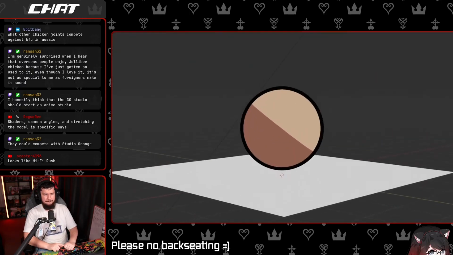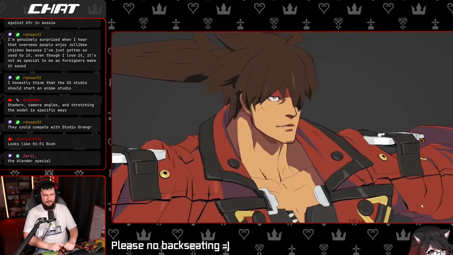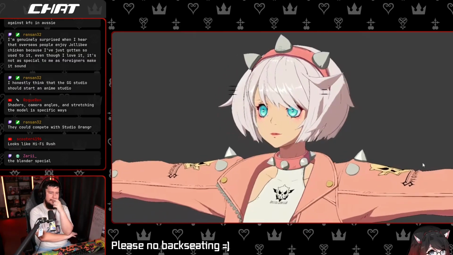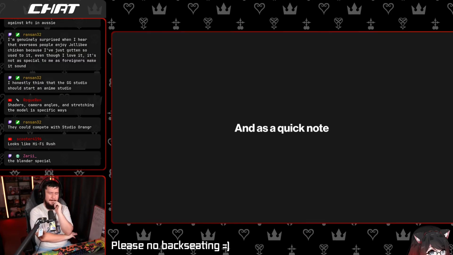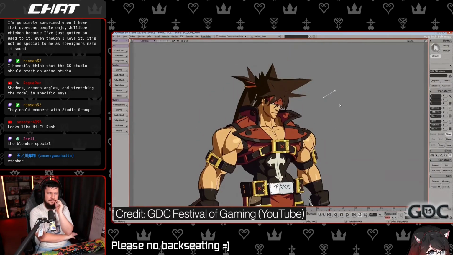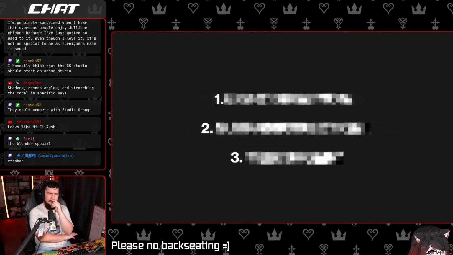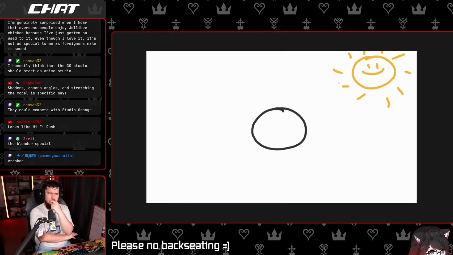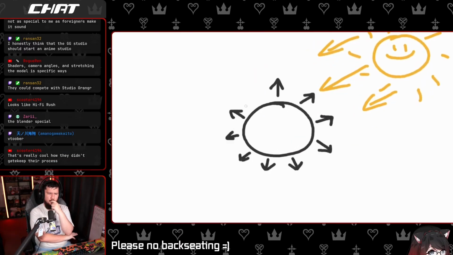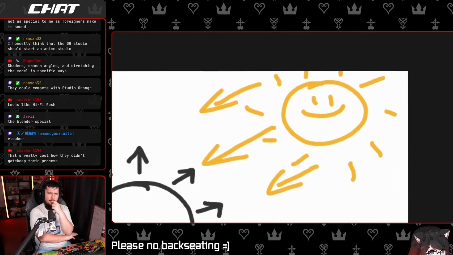Starting with this. A sphere with an outline, one light, and one dark color. This setup is what actually creates the 2D look for most 3D anime models. And as a quick note, I will cover everything in this video from the perspective of a Blender user, but you can recreate this setup in other programs as well. To turn this into this, Guilty Gear uses three things. The first two are the direction of the light in the scene and the direction the surface of the object is pointing in. If we know what direction the light is coming from, we can then see what surfaces of the 3D